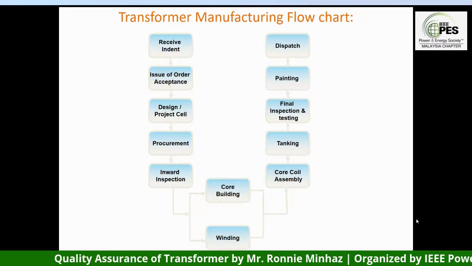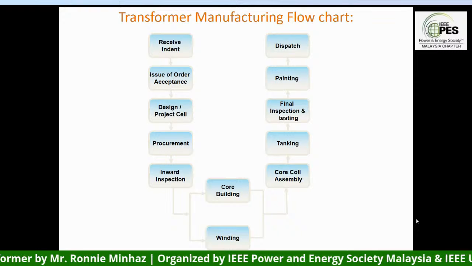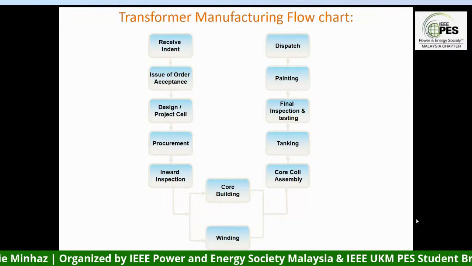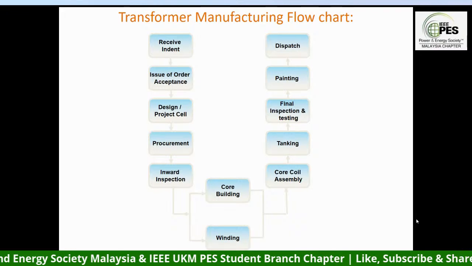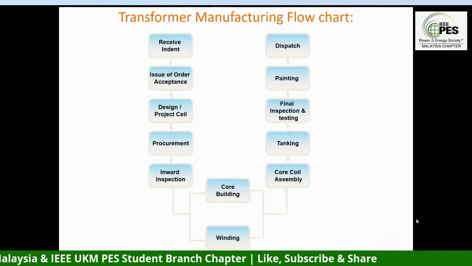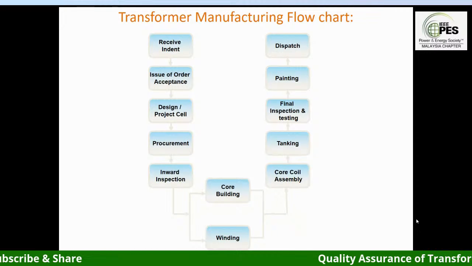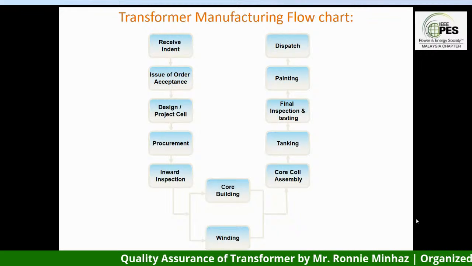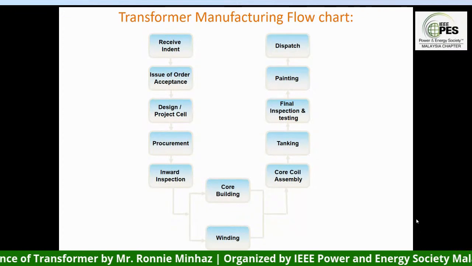Once they finish winding the coils, what will happen? They remove that coil from the machine and put it into the oven to dry it. After they put it in the oven to reduce the moisture level from that winding, they will apply pressure to size the coil. At the same time, in the core building area, they will build the core. Once they finish the core and the sizing of the coil, both the core and the coil will move into the